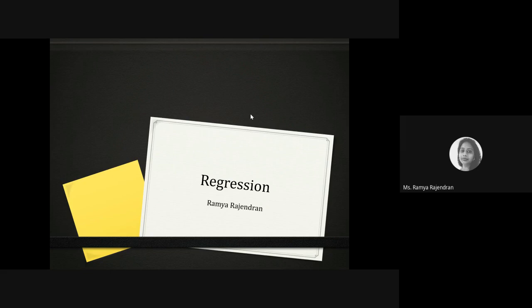You have simple linear regression to start with, and then you have multiple linear regression, and then moving forward we have polynomial, logistic, ordinal. There are a lot of different types of regression. But to understand all these things, we have to really understand what a simple linear regression is and how